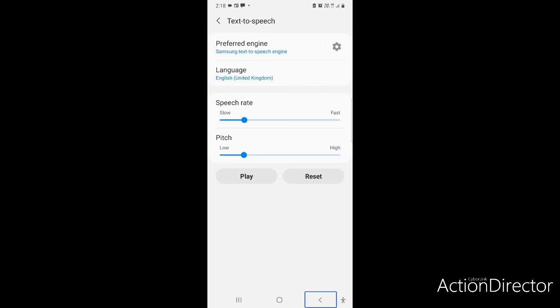Back. Text to speech. Settings. 1 of 6. In list. 6 items. Language. English United Kingdom. 2 of 6. So here we can select language again, just like the previous one, but in Google text to speech we had only settings, and various settings were there in the settings option. But over here we can select language in settings only, and if we go to language, there also you can select language. But if you click here, from here you can install voice data also. See, I will show you.